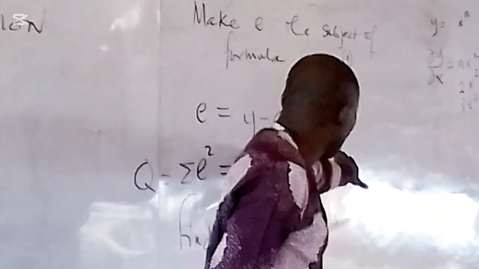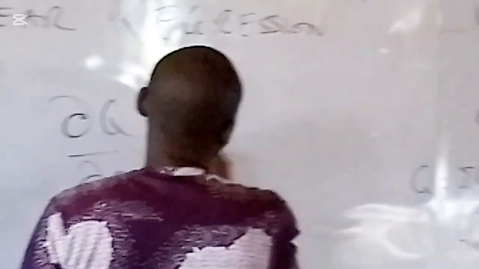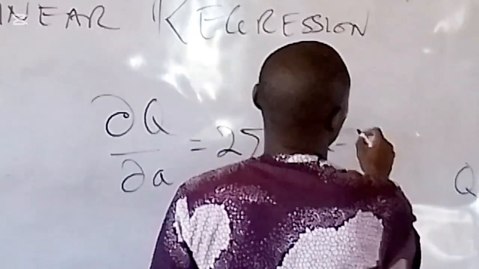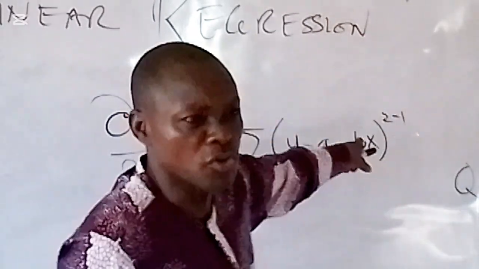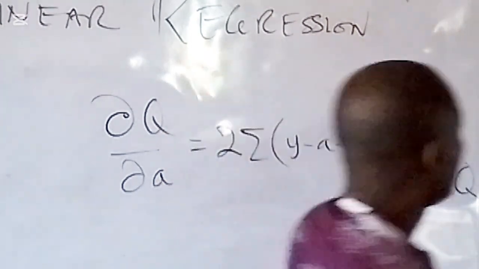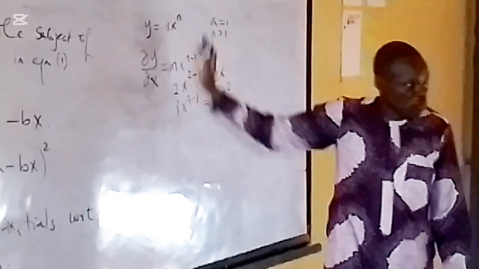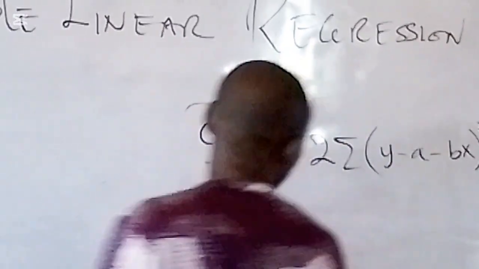Are you listening? I think we are going to write the 2 here, just like we have written. So we will now have 2 sum of y minus A minus bx, but this time around the power is 2 minus 1. And if we continue with this, where there is an A here, which is the coefficient, it means that A will be here. But the other thing remains the same. Meaning that as we are going to differentiate, we are going to find